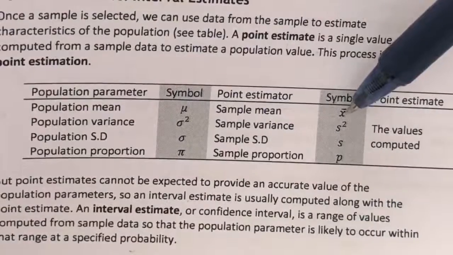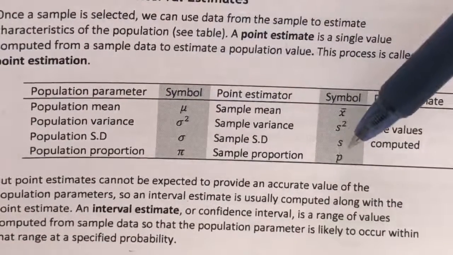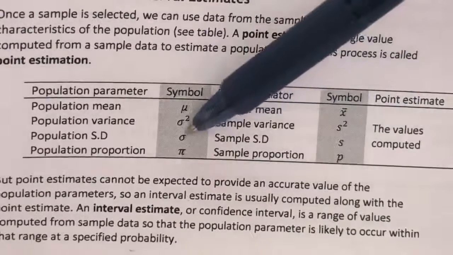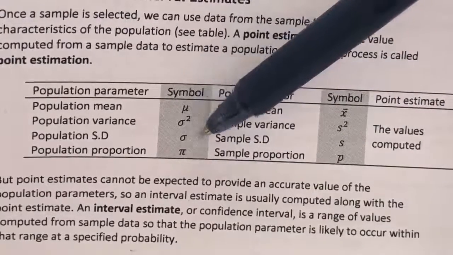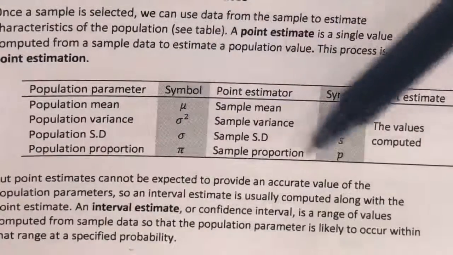Since we use x bar, or the sample mean, to estimate mu, we can also use the sample standard deviation, or S, in order to estimate the population standard deviation. So remember, whenever we don't know what the population standard deviation is, we can just use S as the